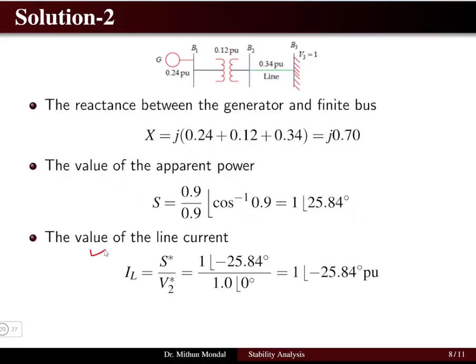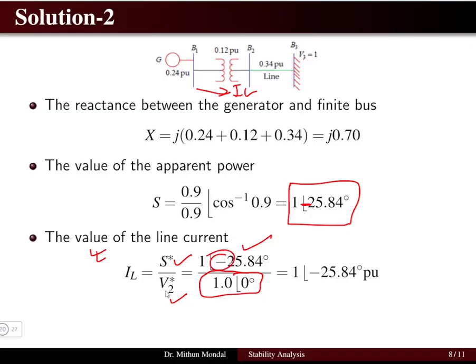Now the line current can be obtained. So the line current, whatever the current is flowing here, can be obtained as the complex power divided by the voltage of the infinite bus. So the voltage of the infinite bus is 1 angle 0. Here the complex power we have obtained, 1 angle 25.84, with a negative sign because we have the lagging power factor condition. So it gives 1 angle minus 25.84 per unit for the current